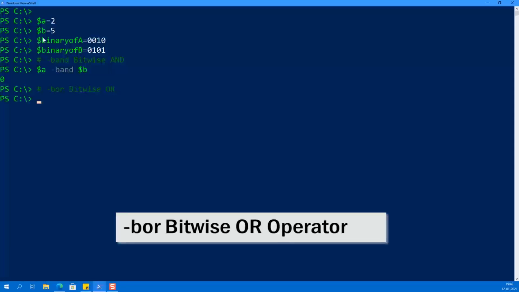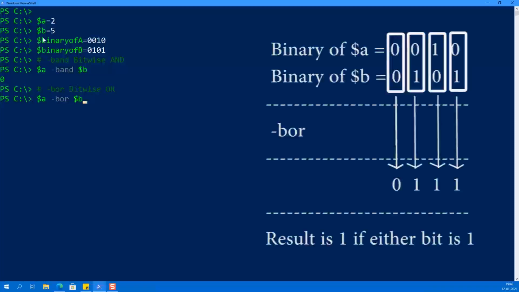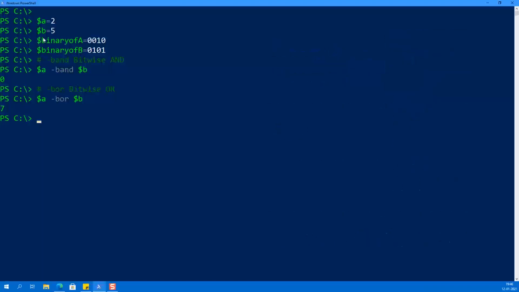So if you take the example of binary of A and binary of B, and apply the -bor operator, the resultant will be 0111, and if you convert that binary number to a decimal value, it will become 7.